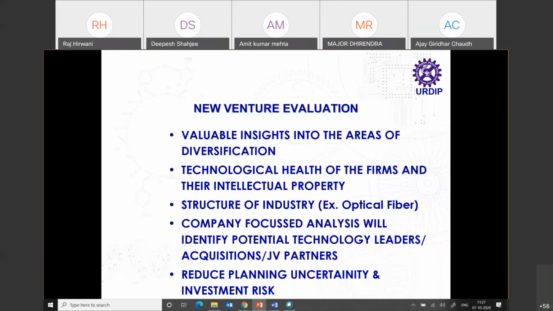So today the German and Japanese companies, 70% of their revenue is from C1 chemistry. So no longer is it a cement company. You get to see the technology health of the firm and their intellectual core capabilities. Especially when people collaborate as partners, they look at what you have in your portfolio. You get to see the structure of the industry.